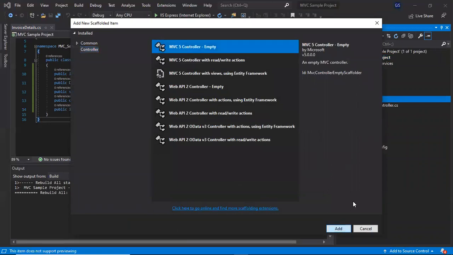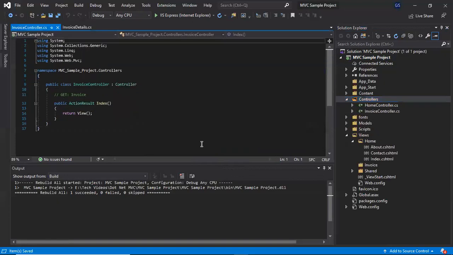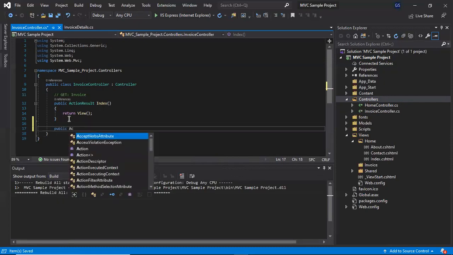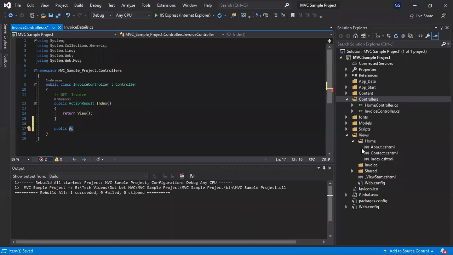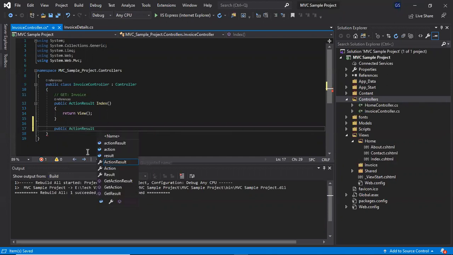We'll create an empty controller, give it the name InvoiceController. Inside that we'll add the action, public ActionResult. The name will be InvoiceDetails.